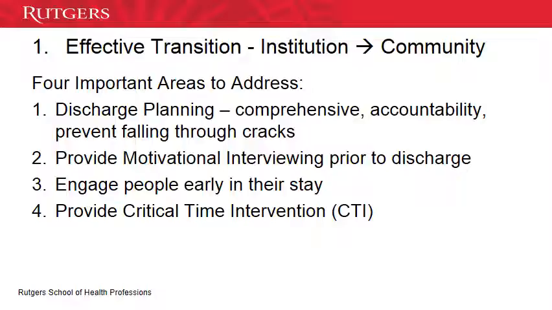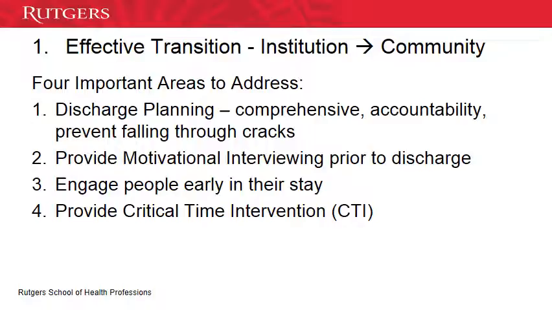Okay, so I'm now going to talk about component one, effective transition from institution to the community. And when thinking about institutions, that can mean various places. So it might relate to hospitals, foster care, prisons, residential programs, or even shelters. So when we think about transitioning people, oftentimes an institution will have been providing the person's basic needs for sometimes